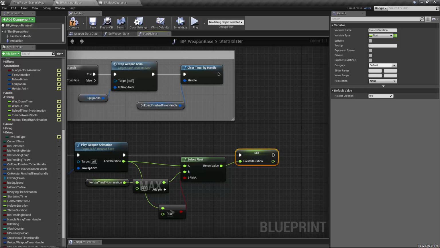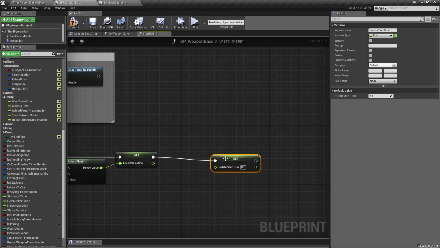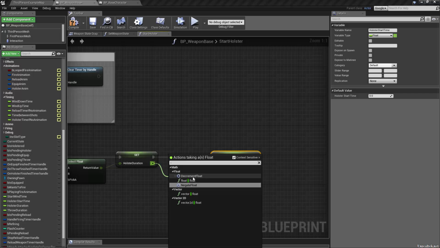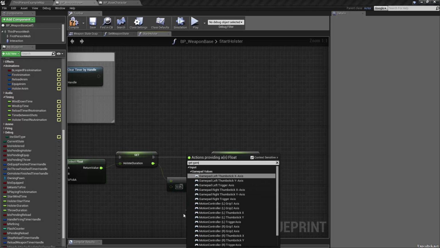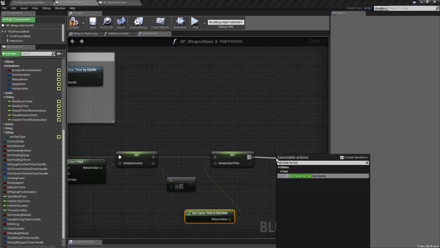And then we want to set holster start time, and we're going to do that by subtracting 0.05 of a second, 5/100ths, a 20th of a second. So we're going to do a minus float, minus 0.05, and we're going to set holster start time to get game time in seconds, and we're going to do a set timer by function name,